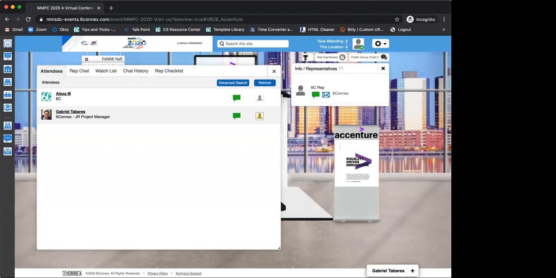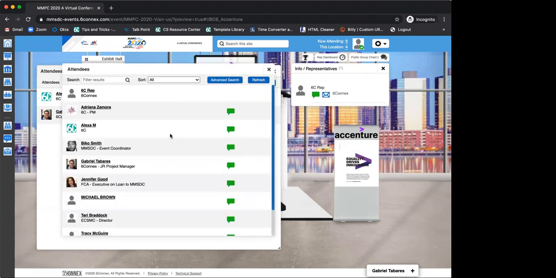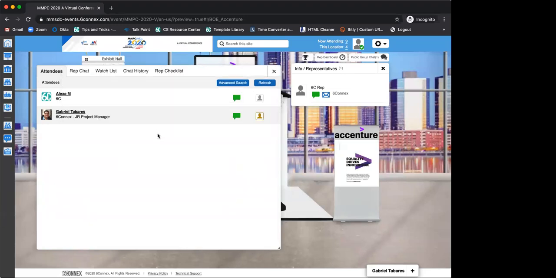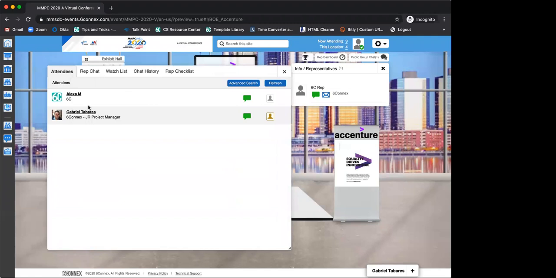Although you also can find people by clicking on this icon. You can see there's more people working right now. You can come here and start a conversation with them. I'm not going to do that, of course, because they're working on something else. But that is another way. The ones that are going to be in your booth, you're going to find them here.